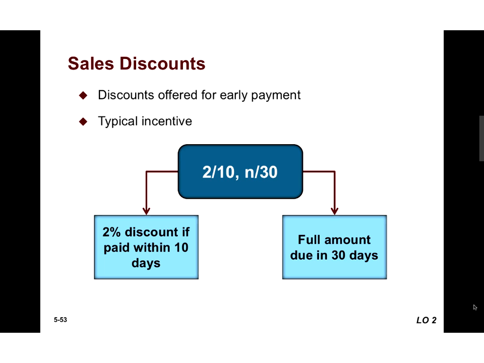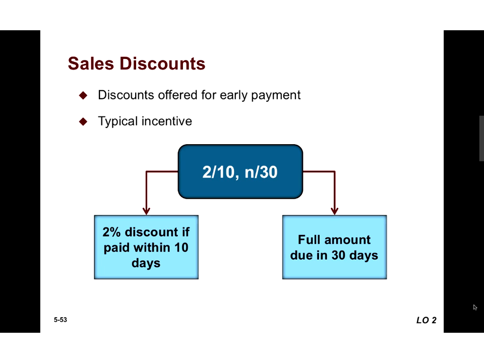Okay, so this is a typical incentive. This is not all incentives, but typically what companies will do, they want to speed up their cash flow, because if I'm selling merchandise, I have to pay my own suppliers. So I want to speed up the cash flow. So I will say to my customers, hey, if you pay me within 10 days, I'll give you a 2% discount, which is a really nice discount on an annual basis. Otherwise, if you don't pay within 10 days, you have to pay the full amount and it's due within 30.